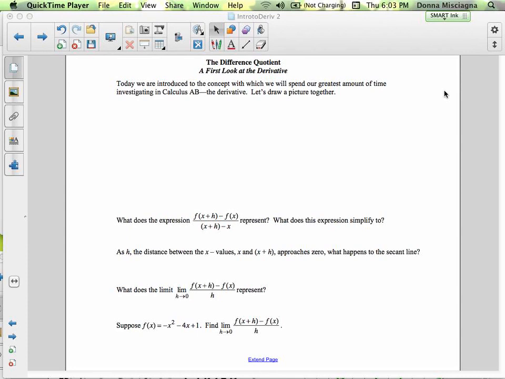Welcome. Let's take a look at the difference quotient. So what does the expression f of x plus h minus f of x divided by x plus h minus x represent? Right, well, that represents